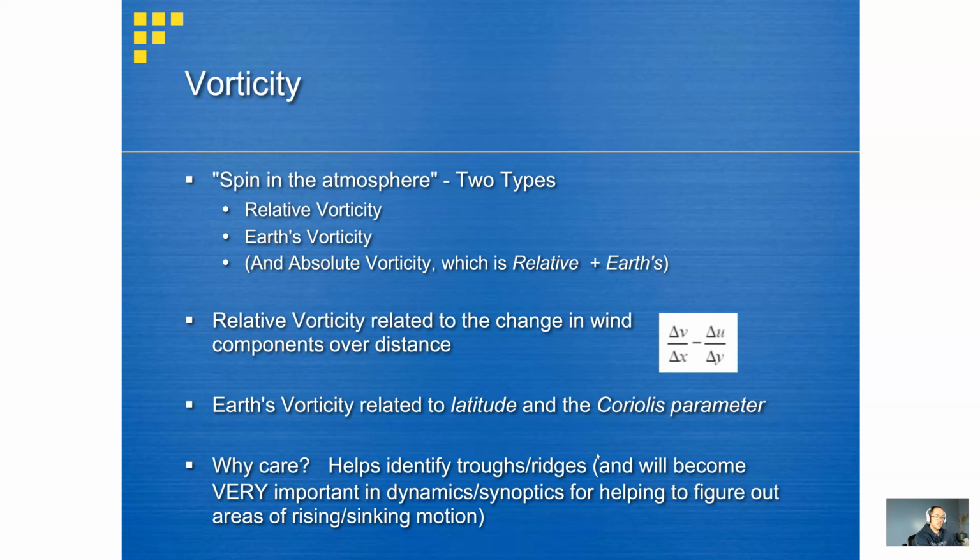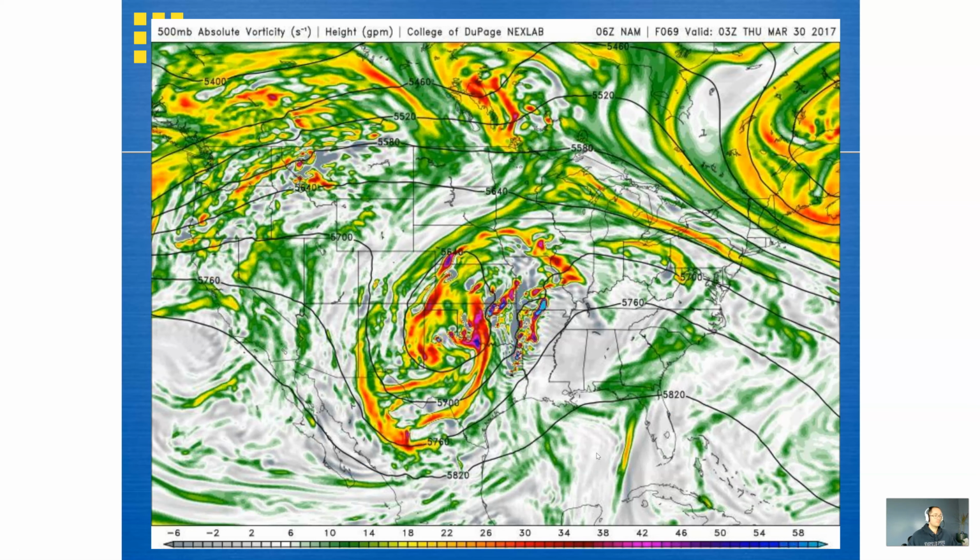Why do we care about vorticity? It's nice that the Earth spins. It's nice that there's additional spin going on in the atmosphere due to our weather systems. But this is going to help us in the short term really be able to identify where we have some troughs and ridges. And we'll have some examples, especially in an upcoming video that looks at some of the current weather that's going on in terms of vorticity, thickness, as well as advections. This is going to become increasingly important as you move into the sophomore and especially the junior curriculum, when we start to utilize vorticity to help determine areas that we may expect to see rising motion and therefore precipitation, or where we might find sinking motion primarily.